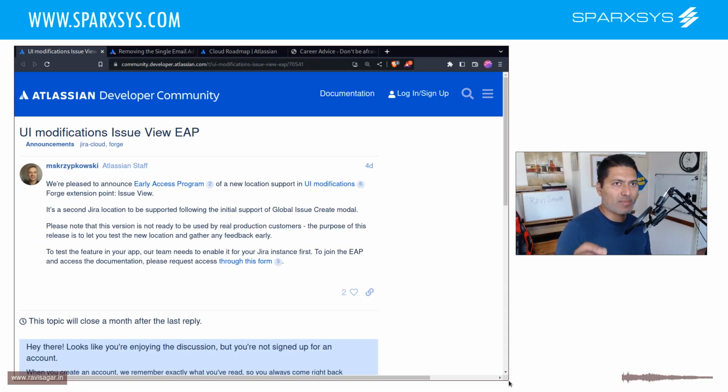Now, there is one specific feature that users are always looking for, and that is basically dynamic forms. Now, imagine that you are raising a request or creating an issue in Jira. It could be any kind of issue. It could be a story or an epic. It could be a requirement, or maybe if you're doing something on the customer portal where the user is trying to provide some information. So when you raise an issue in Jira, you fill up a form, and when you fill up a form, you want to capture some details, and